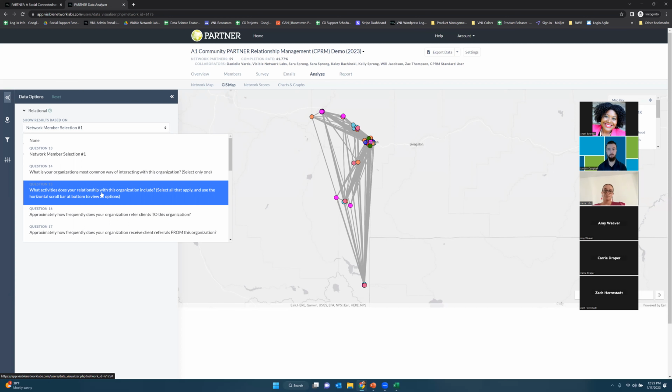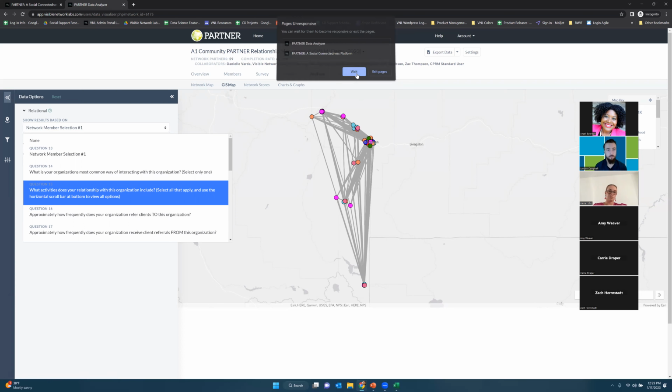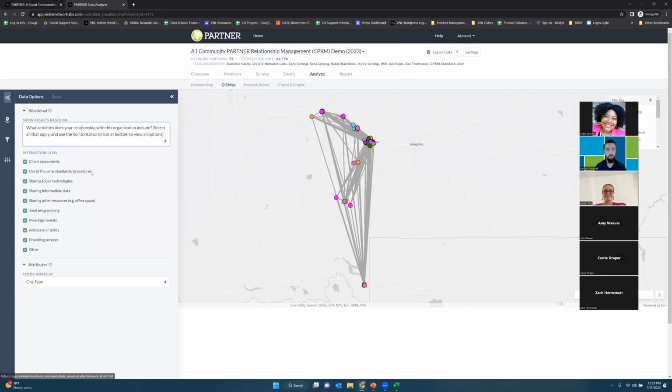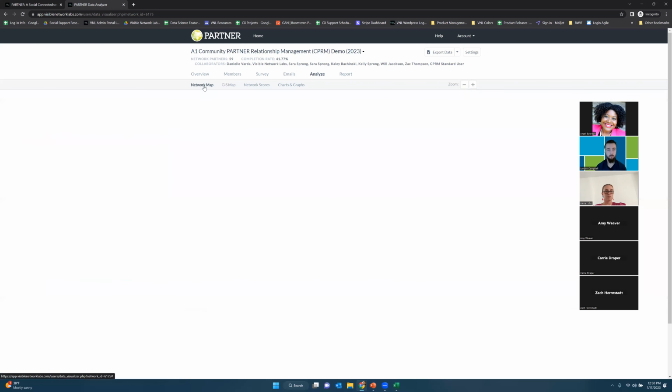So you can pull up that relational data selection and really see that here. Right now it's being a little sassy. But for example, right now it's showing all the activities. But if you wanted to only show joint programming, you can deselect all of these and only show that one. For the sake of time, though, I'm going to move on real quick to the network map part,